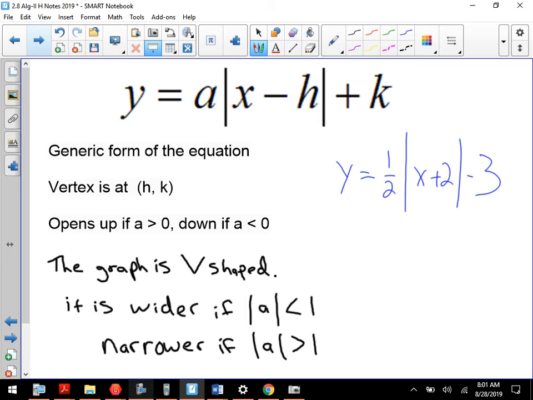Now, isn't M the multiplier? Yeah. The steeper it is, the higher the value, so I can call it A. So this is the same thing as saying Y minus K equals A times X minus H. Well, what do I do with the K? I just move it over. And it's the exact same thing. You guys have been doing this stuff all along. You just didn't realize this is what we were doing. Point slope form